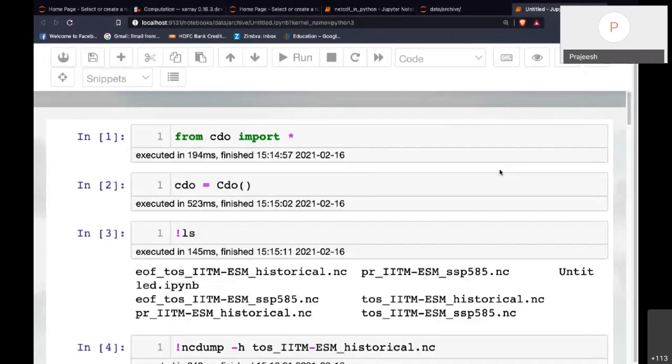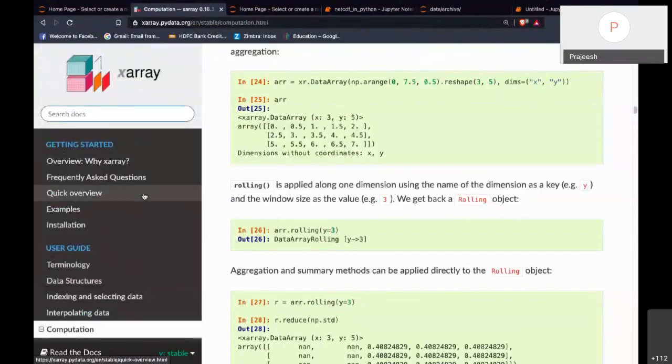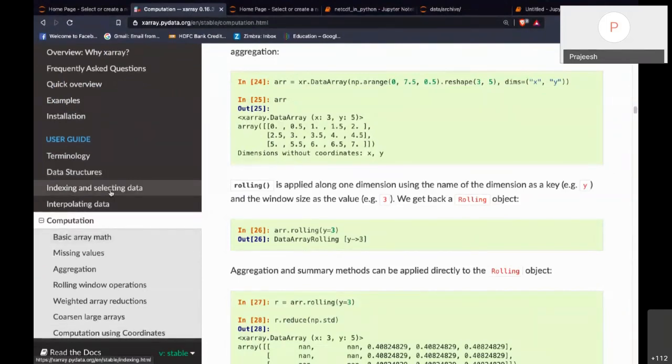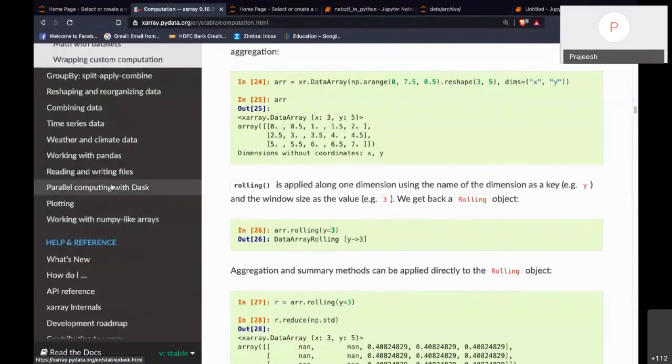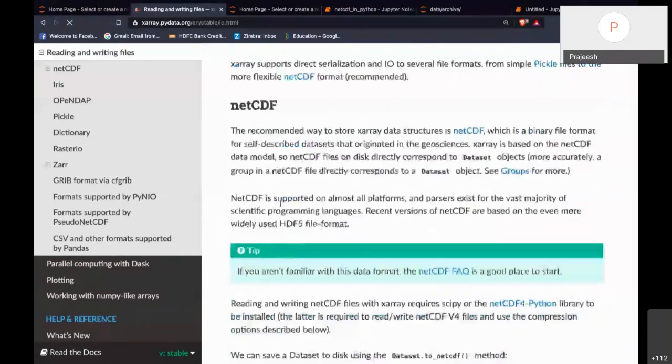Let's say you have data sets spanning over time but having the same variables. They can be opened at once in a single command using mf open or something. You can check the documentation to see what exactly is the method used.